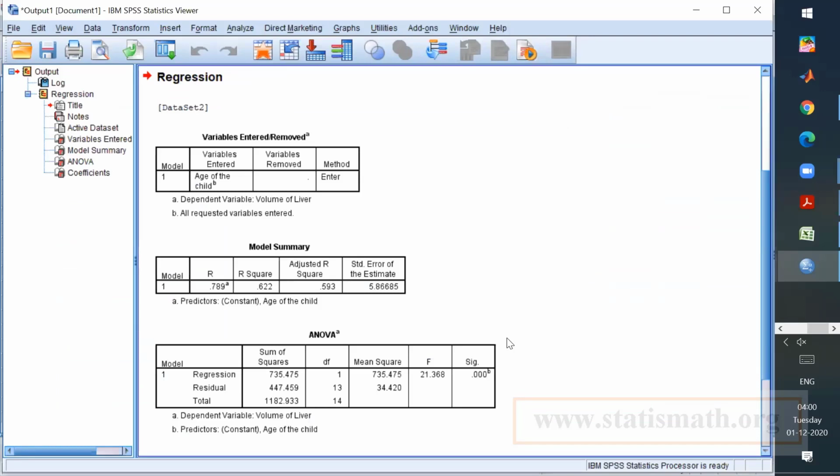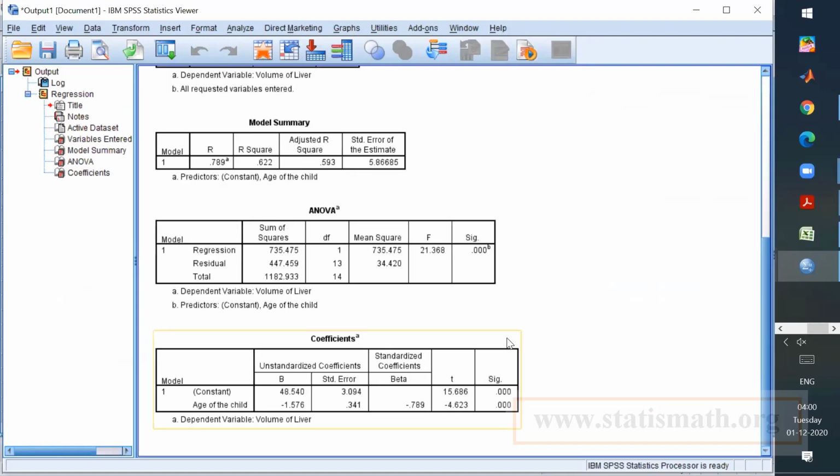So you see the values that you got. Look at the regression coefficients. The coefficients here are the model.